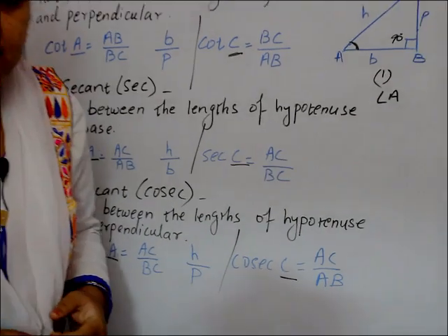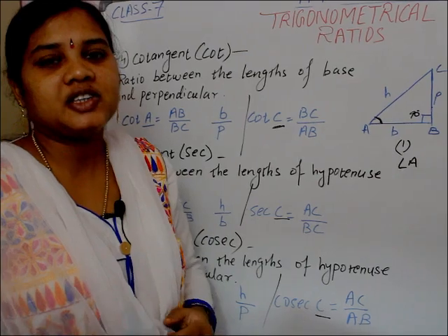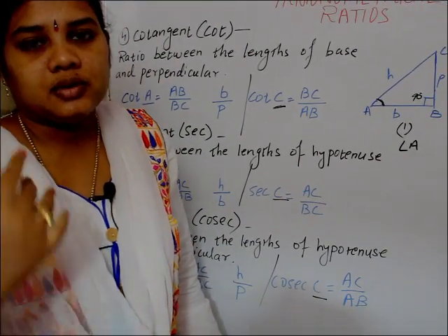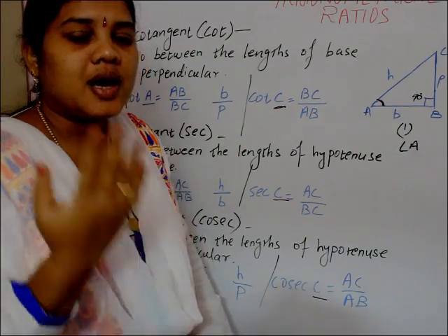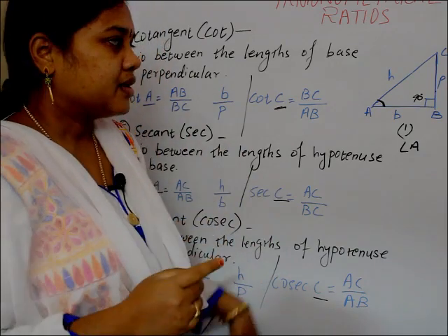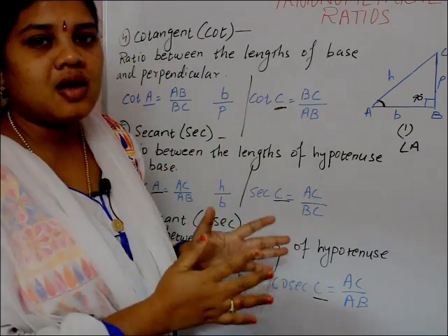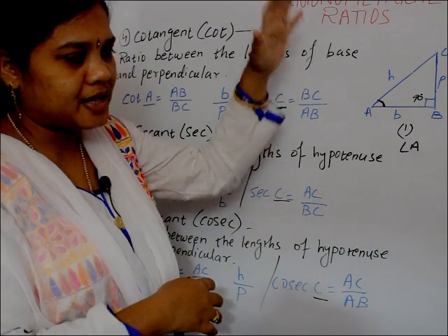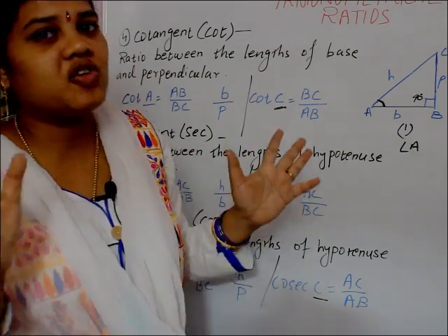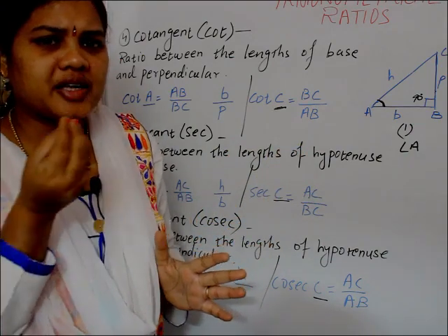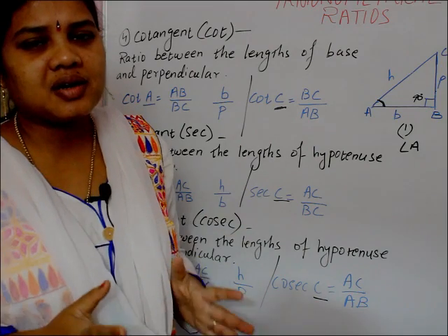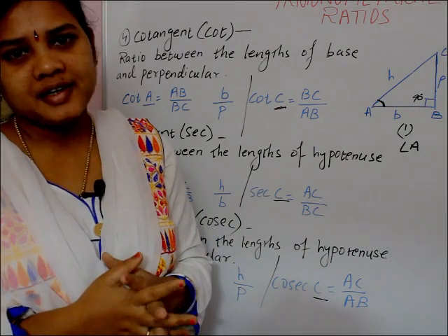So this is for today. Today we learned about the trigonometrical ratios, and this is not the end. You have to read, write, practice and draw the figures three to four times. For that particular figure, take one angle of reference, and based on that write the trigonometrical ratio. The more you practice, the more you will understand trigonometry. If you give only a few minutes or hours, you can't understand it. You have to give more and more time to trigonometry.